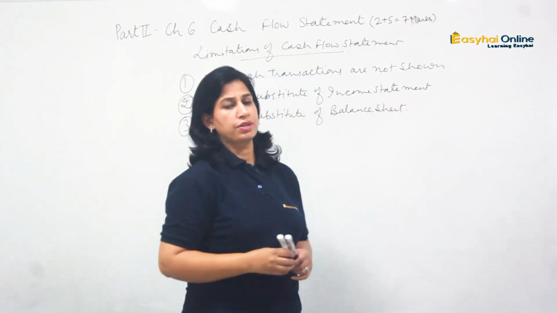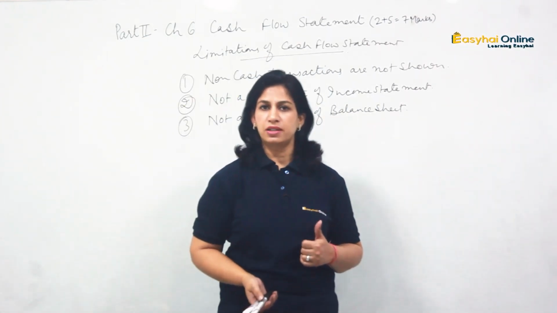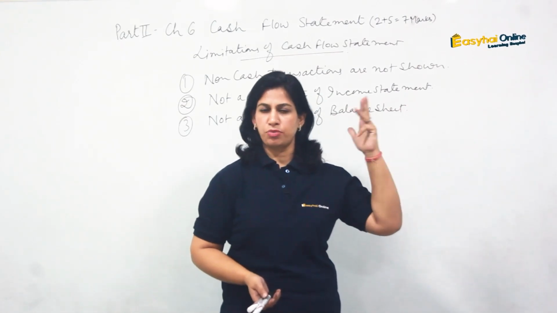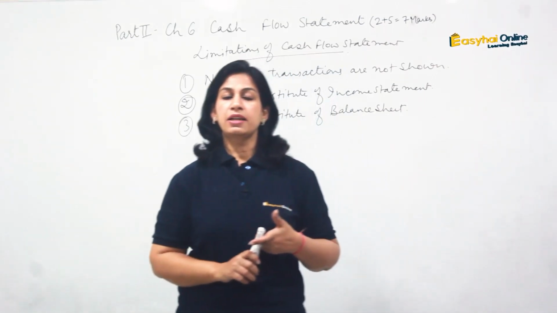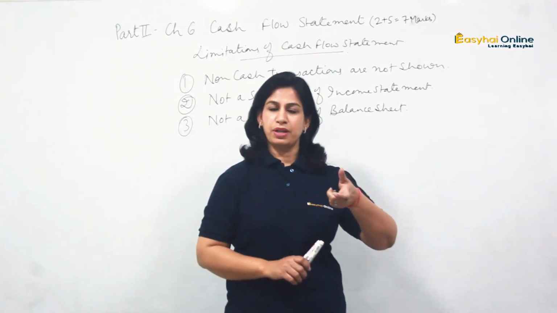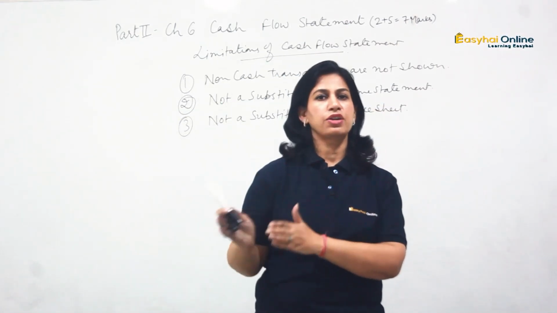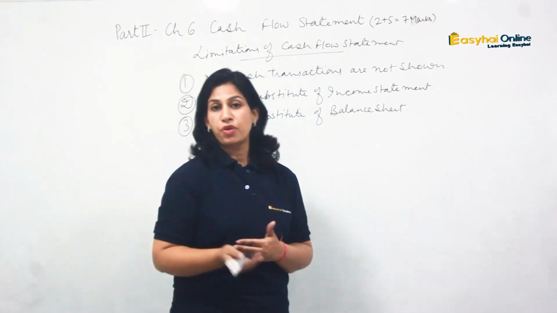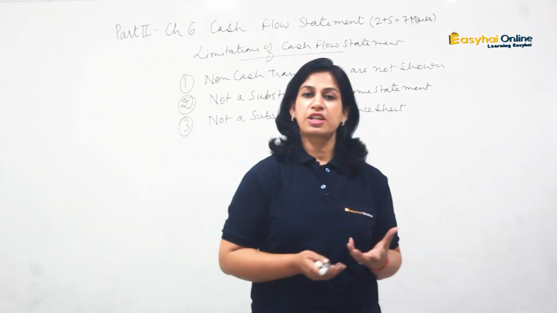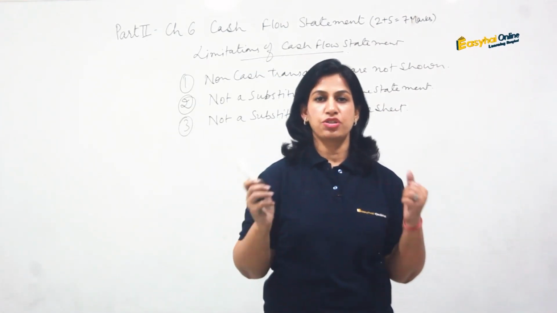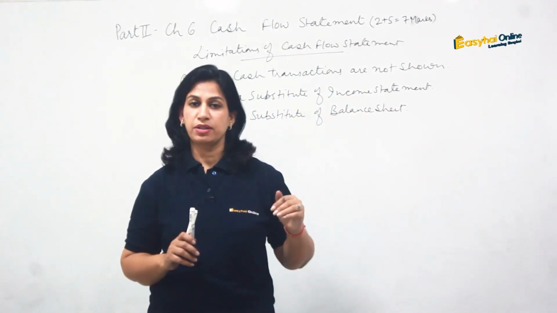Now, what next, children? Again, as I was telling you in the previous topic, if you have learned the limitations, uses, objectives of financial statement, chapter 1 of this part, or the analysis of financial statement, you can take a few points as they are from there and add them in any of the topics. So what is that point which we can add now? That this cash flow statement is historical in nature. That's the point that you are learning, children, from class 11th chapter 1, right?